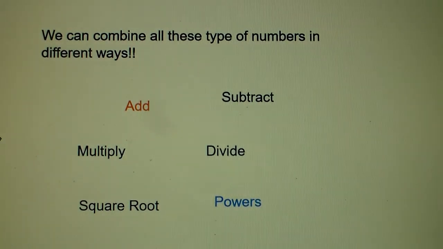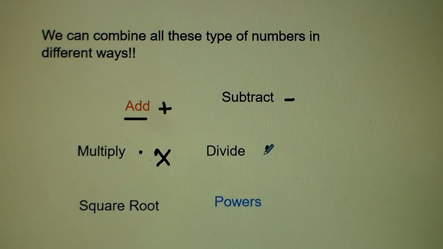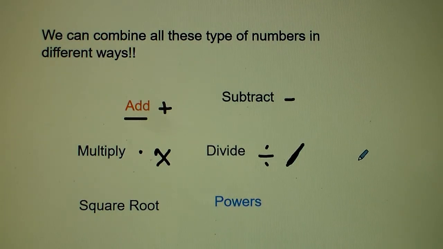Alright, we could also combine all these types of numbers in different ways. We could add them, which you already seen, that's that symbol. You could subtract them, that symbol. Multiply them, which is a dot. Or growing up, you would also see an X as a time symbol. Divide by, you've seen a division sign like that before. Division also could be represented as a slash. Square root,